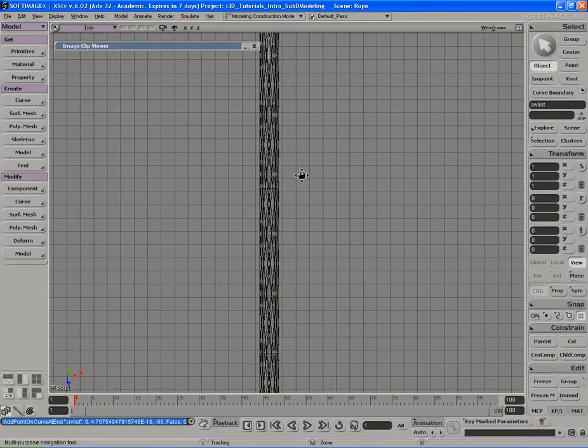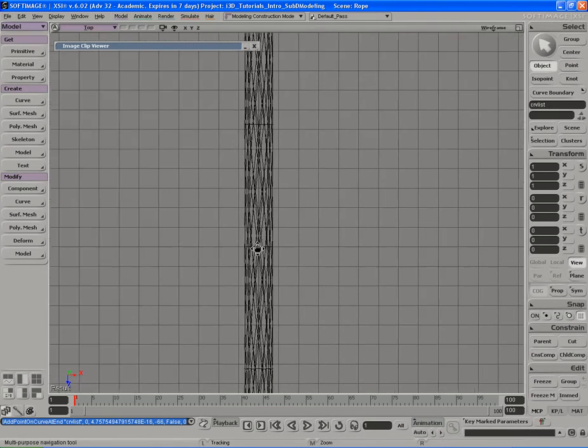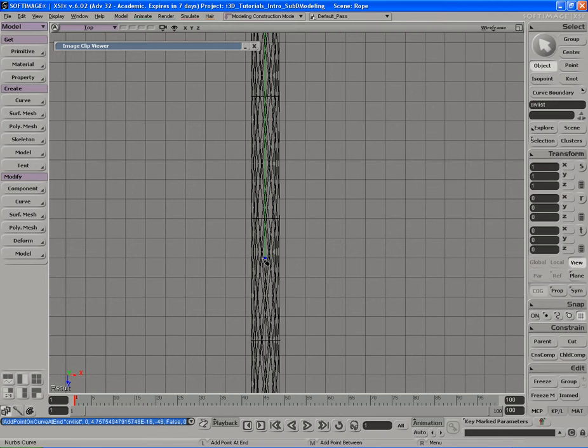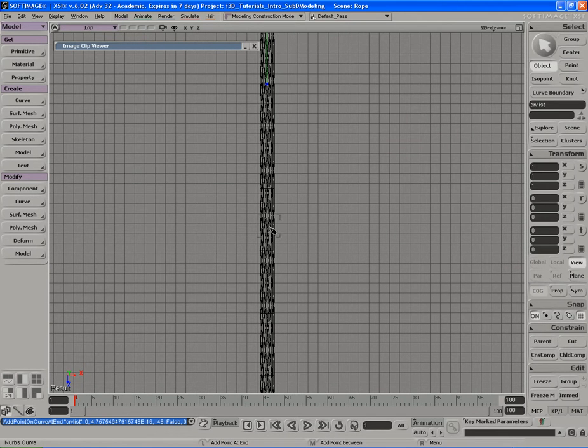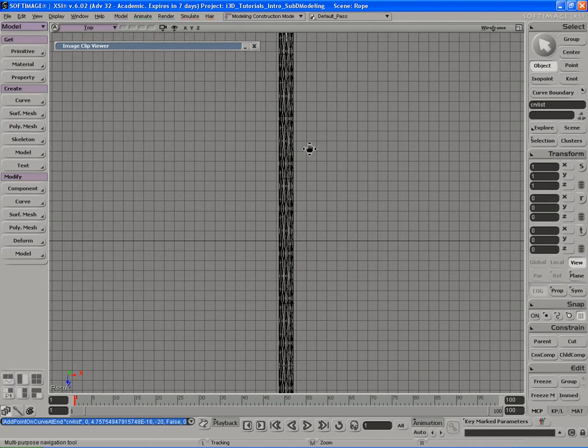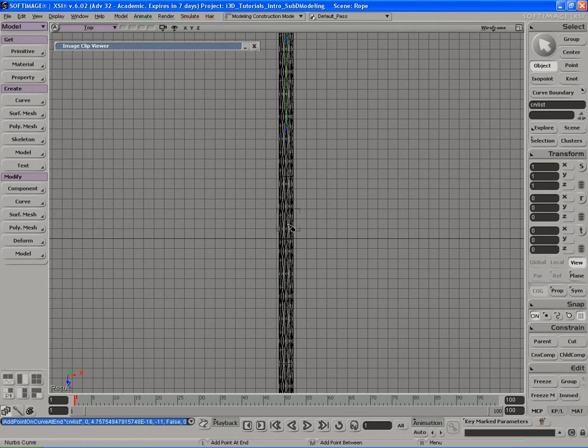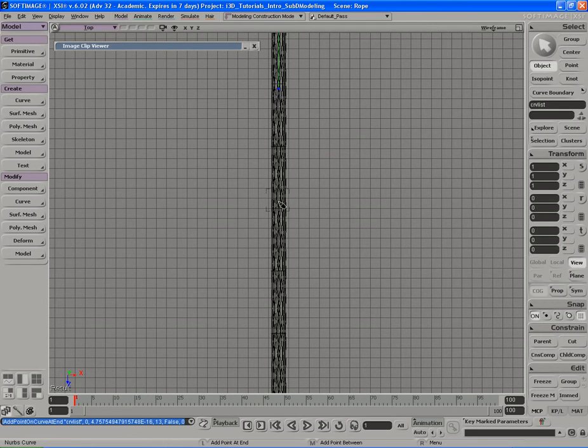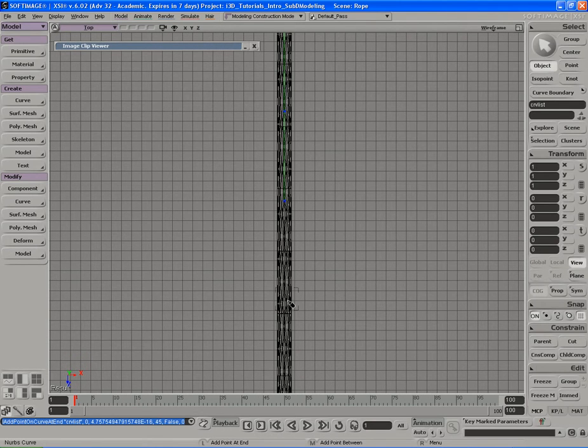Really doesn't matter where it is, as long as it's down the middle of the rope is good. Hold down Control, snap that there. Hold down Control, click another point here. Hold down Control, click another one down here maybe. Hold down Control, and I'm just going to go a little bit quick here. A little bit quicker. I'm just going to keep holding down Control while I click these points down the middle